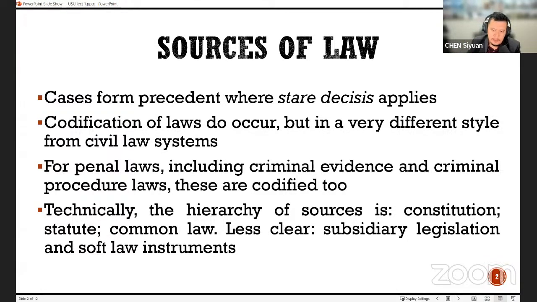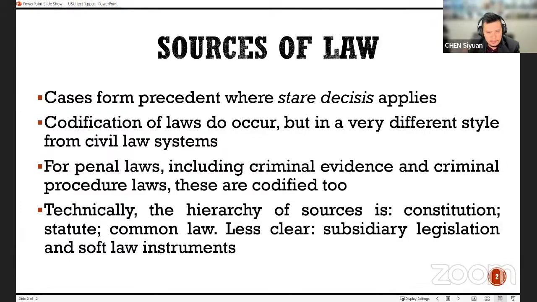But what about subsidiary legislation? Because in Singapore, statutes are passed by Parliament, so they are supposed to represent the will of the people. It's a very democratic thing, in other words. But what about subsidiary legislation, which is not really passed by Parliament, but consists of documents that are, in a sense, created by the executive to clarify what other rules might apply?